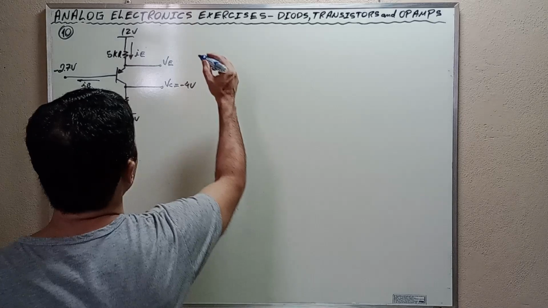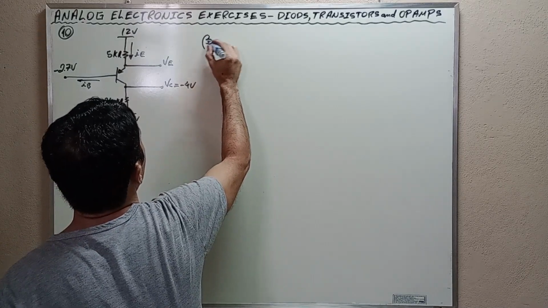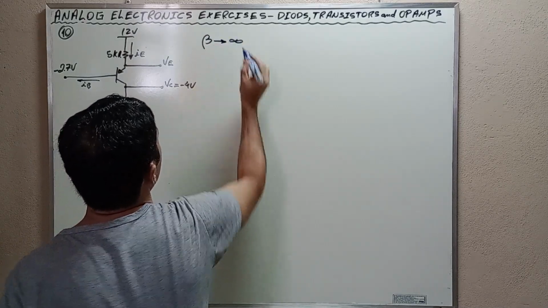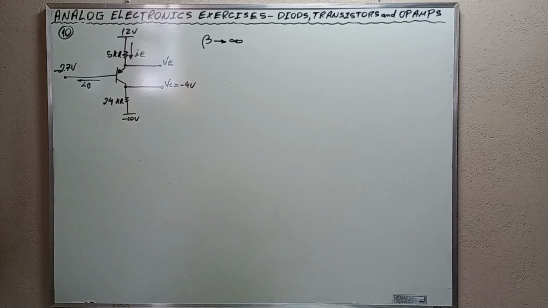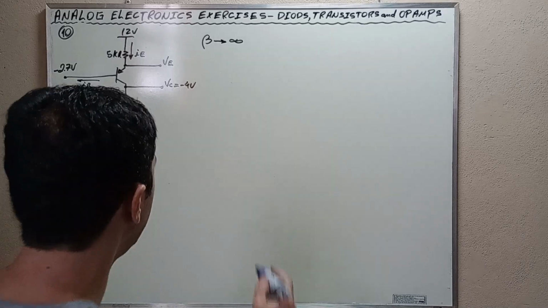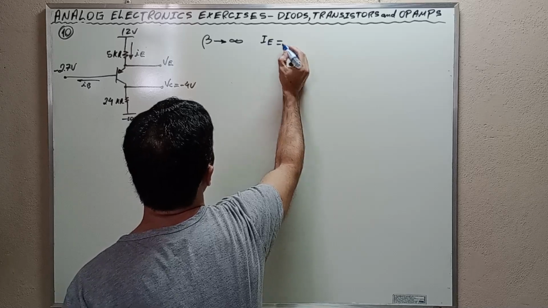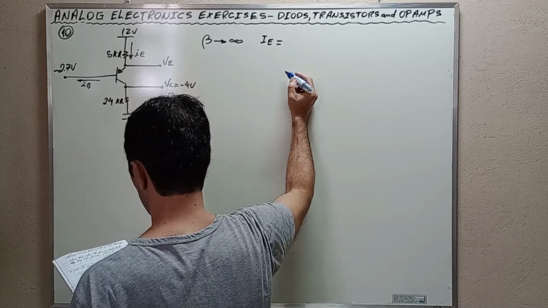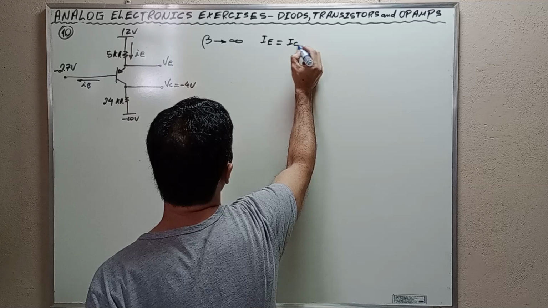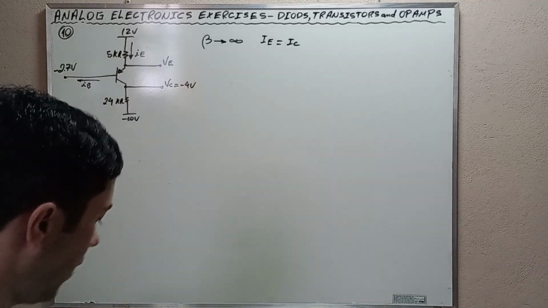The gain has to be very high. In this case, IE is equal to IC, okay, and beta